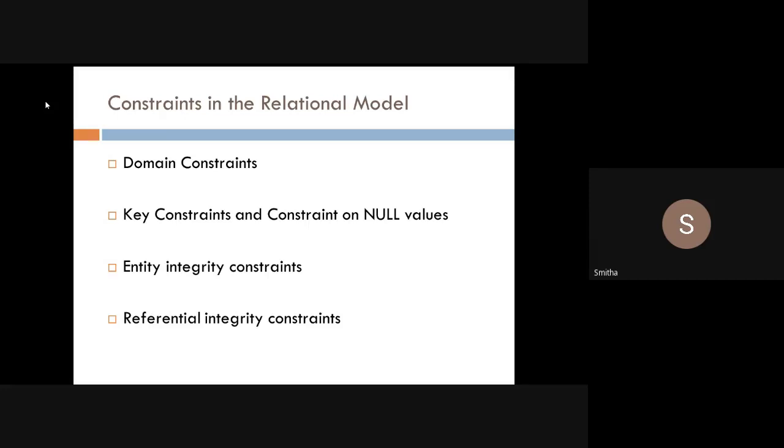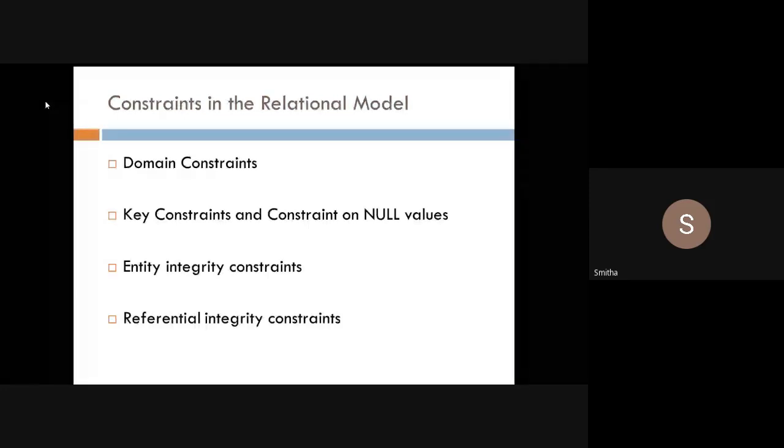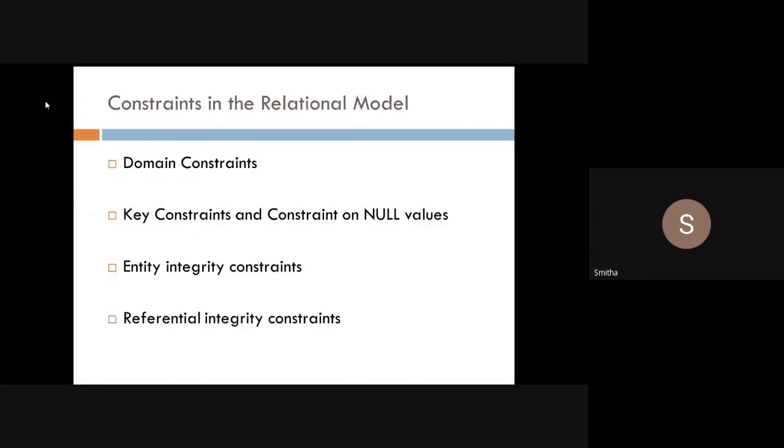For that also we will have some constraints. For example, a key attribute cannot have identical values. I cannot give the same USN for two students, or the same employee ID for two different employees. It is not possible, so there is a constraint. While creating the database, first we will write the schema, the description of that database. Then some of the constraints also we will write, like this domain will have this type of value only. Some of the conditions we will put.